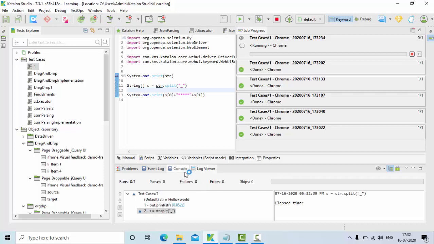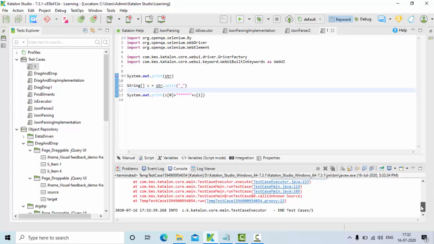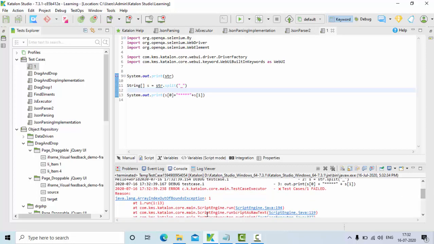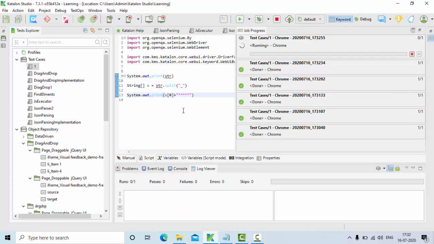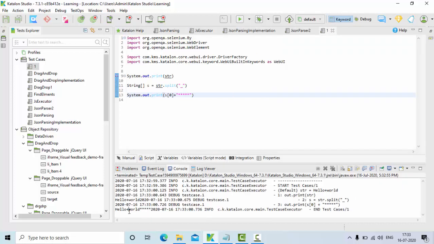Now you can see it failed because that character itself is not there, right? Array out of bound exception, because I don't have this. If I just remove this and execute, everything will be in only s of 0, hello world, right?